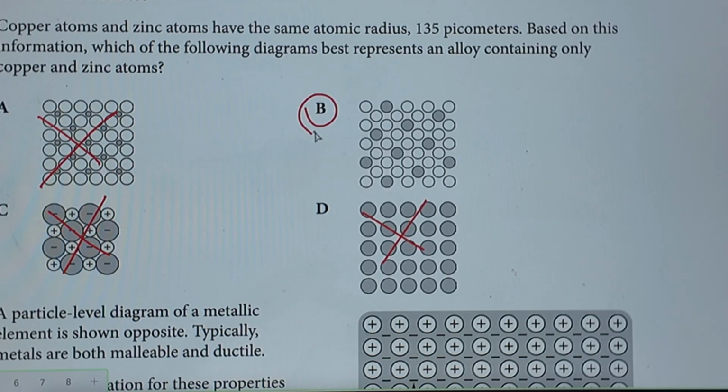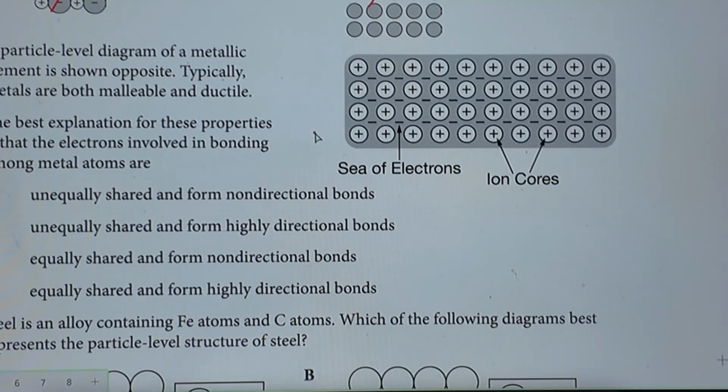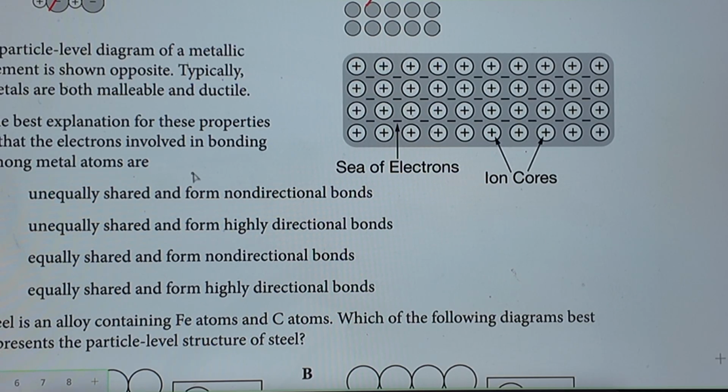Leaving only this one, B. Okay. A particle level diagram of a metallic element is shown opposite. So this is a metallic element. Typically, metals are both malleable and ductile. The best explanation for these properties is that the electrons involved in bonding among metal atoms are